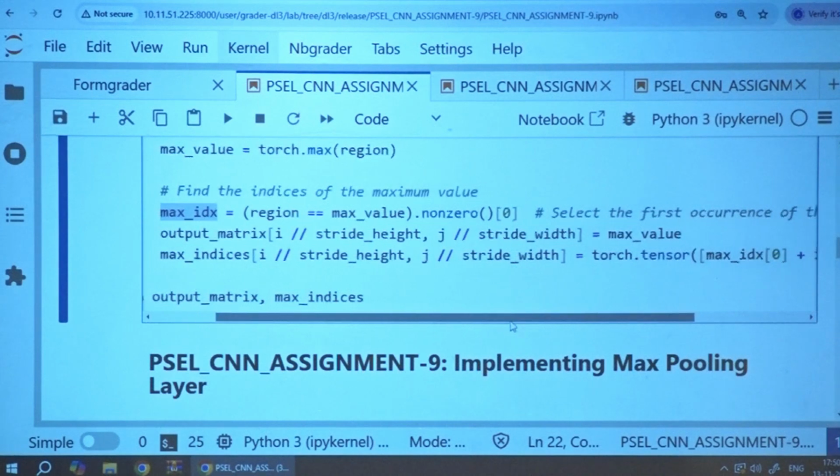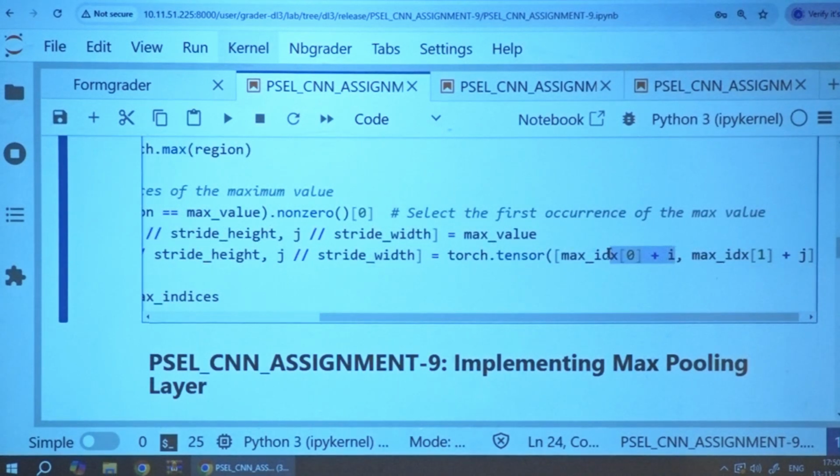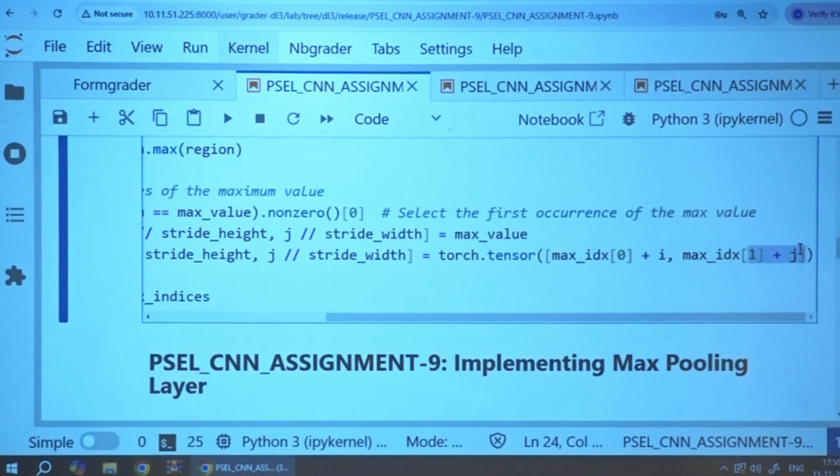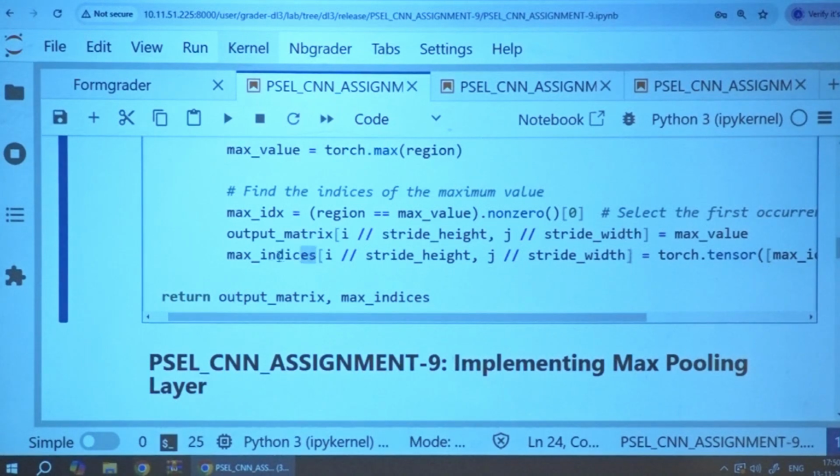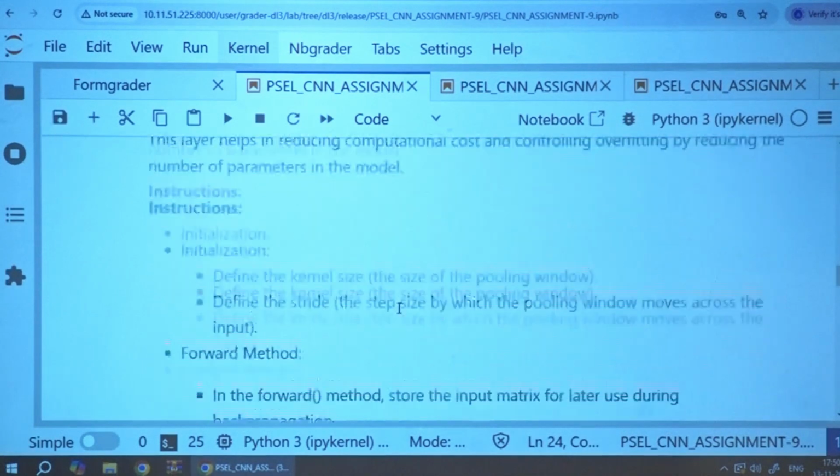Now this max index position is adjusted with the current index positions of the entire input matrix i, j, so that the tensor is created: max index of 0 plus i, max index of 1 plus j. So you will get the elements in the max indices matrix. Each element is a tuple having a row and a column where you brought that maximum value from the input. Now it's clear to you, I hope.